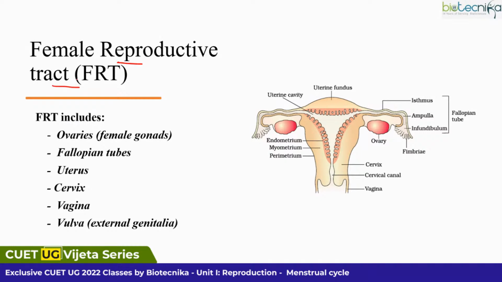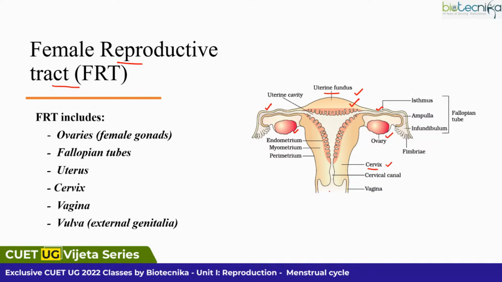the female reproductive tract. So what all does the female reproductive tract include? If you can see this figure, we have a pair of ovaries, and then further there is a fallopian tube, right? This part that you can see is the fallopian tube. What it does is connect this ovary to the uterus. This broad structure that you can see over here is the uterus, and this part is known as uterine fundus. And further, the lower part of the uterus is known as cervix,